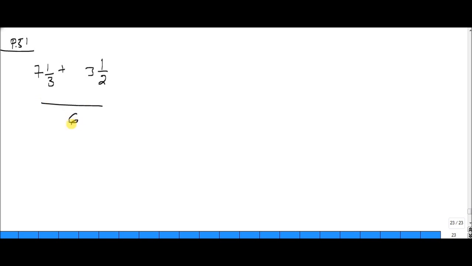In this case, the LCM of 3 and 2 would be 6. So 3 into 6 would go 2 times, so 2 ones would be 2, plus 2 into 6 would go 3 times, 3 ones would be 3. So we would have 7 and 2/6 plus 3 and 3/6, and now we'll say 7 and 3 would be 10, and 2 and 3 would be 5 over 6. Okay,